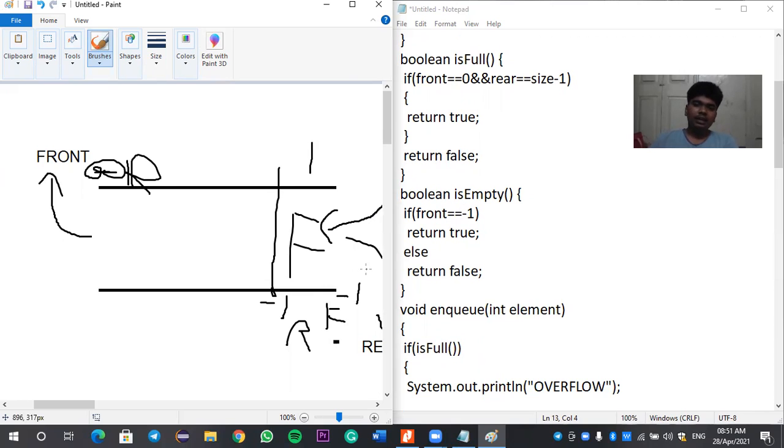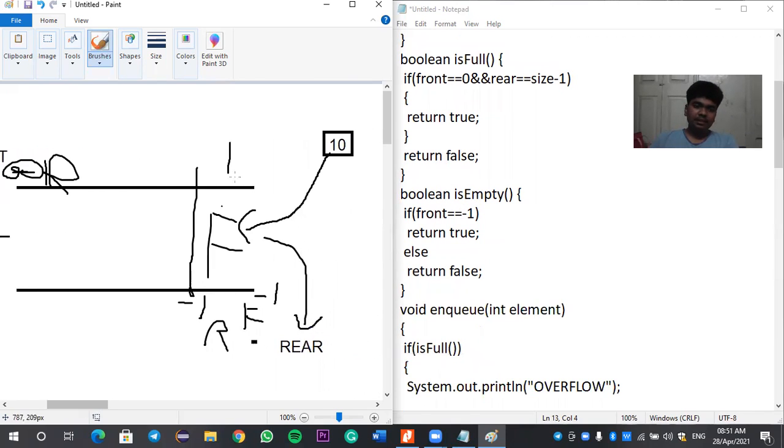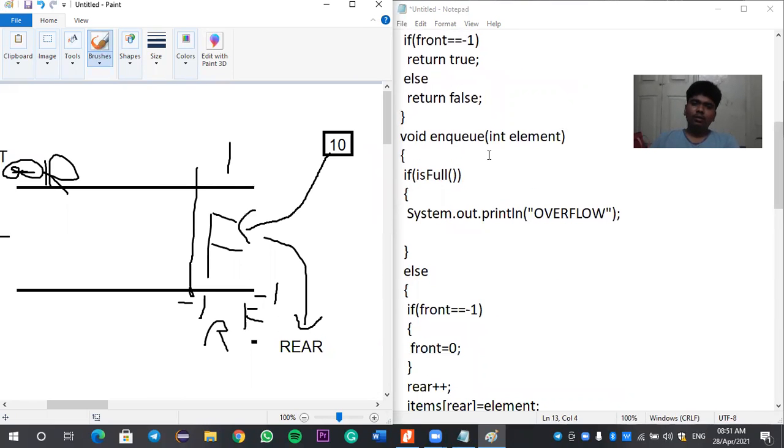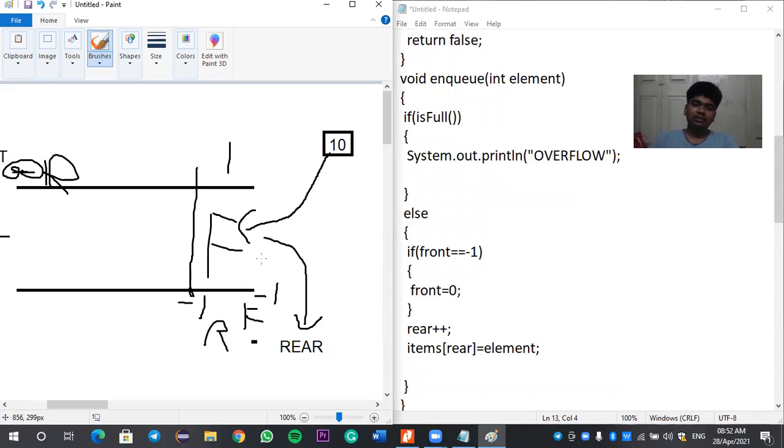And then boolean isEmpty. isEmpty is nothing but if front is in its -1 position, then we can say that the queue is empty. If front is -1, then rear doesn't make any changes, right? So it should be in this position, that is empty, and it will return a true statement. So void enqueue, int element. It has an element which we need to push into this queue, that is 10. It will check isFull. If isFull is true, then it will give an overflow, like we can't insert an element into this queue.